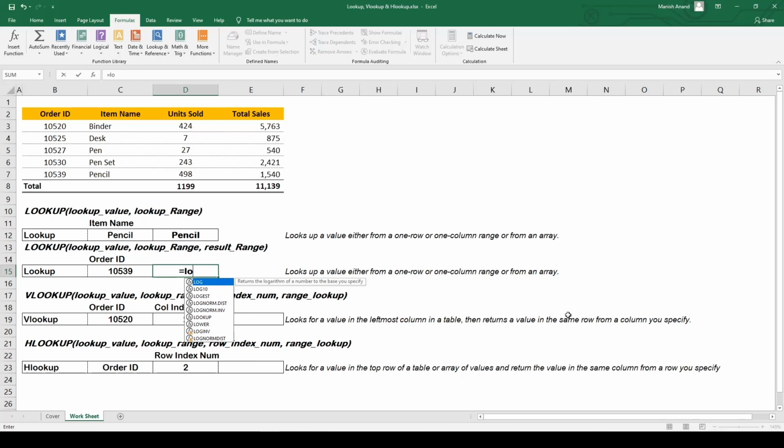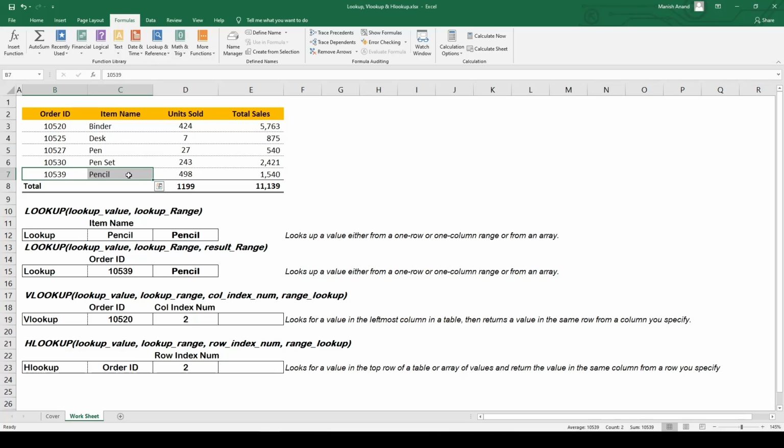Equal to LOOKUP, I'll select C15 as my lookup value. I'll select my order ID as my lookup range, and then for result range I'll go and select the item name and enter. So I can see 10539